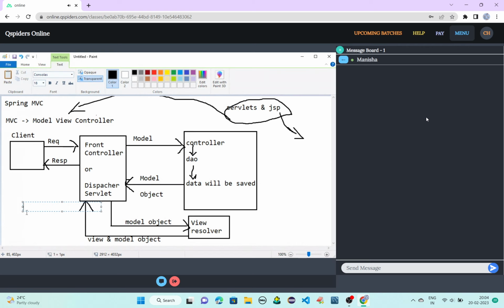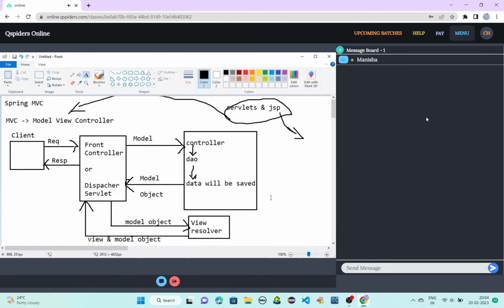Okay, so this is all about your Spring MVC, guys. In Spring MVC, you don't have anything extra because you understood your Hibernate, you understood your mapping, you understood how to create controller, how to create DAO, DTO, all those you understood. So Spring MVC is just, you need to understand the workflow, nothing else. So what I will do is, I can just explain this theory part and wind up the class.